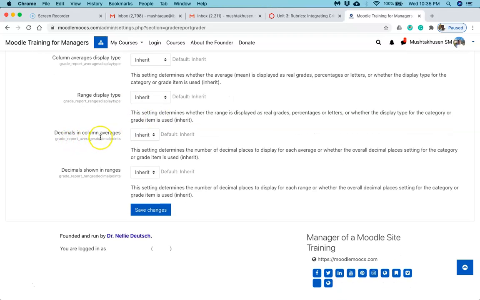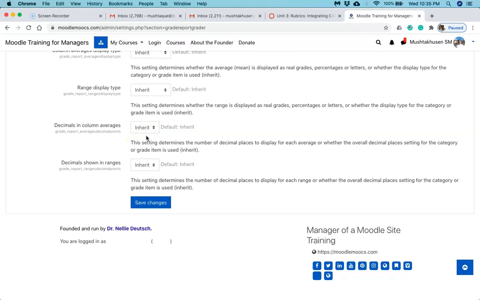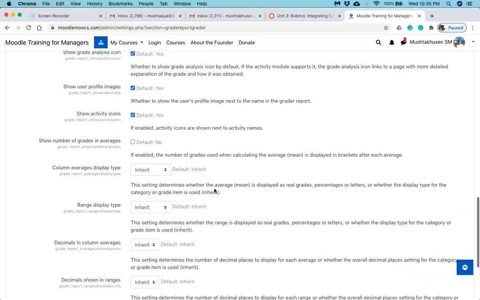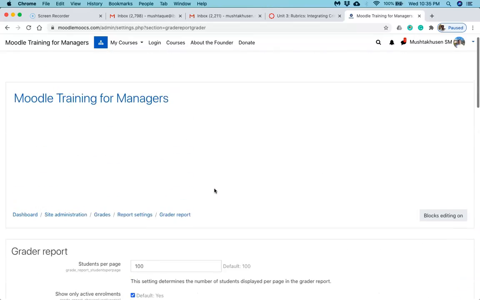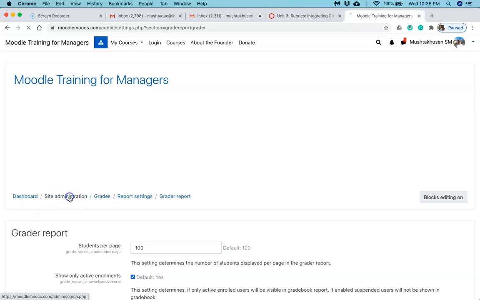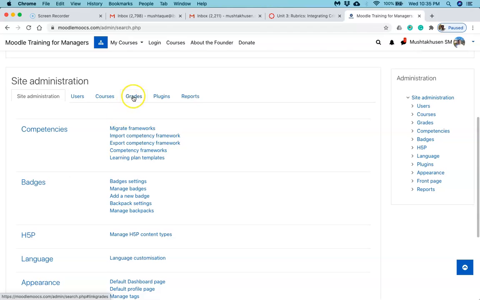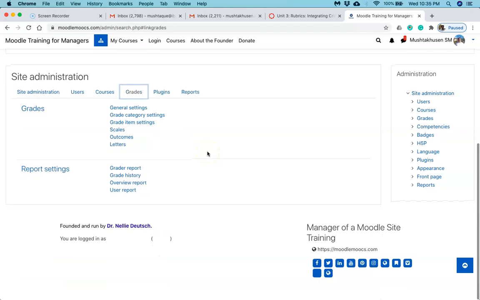Then decimals in column averages, since we have covered percentages, by default it would be inherit, because percentage is part of inherit. Then decimals shown in ranges, again it will be inherit. Then you can click on save changes if you have made any changes apart from default settings.